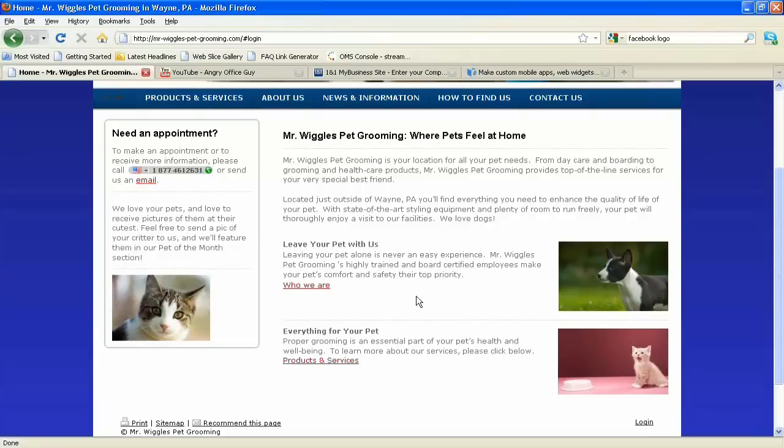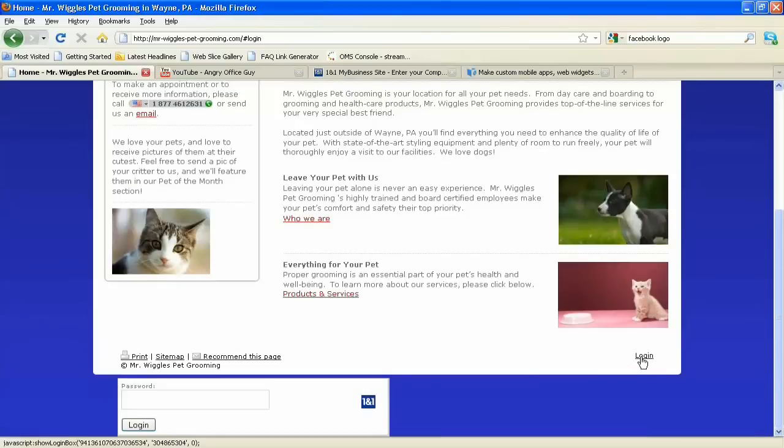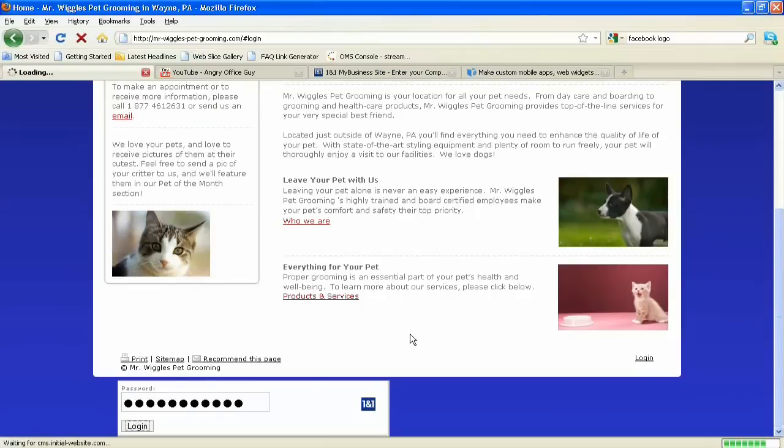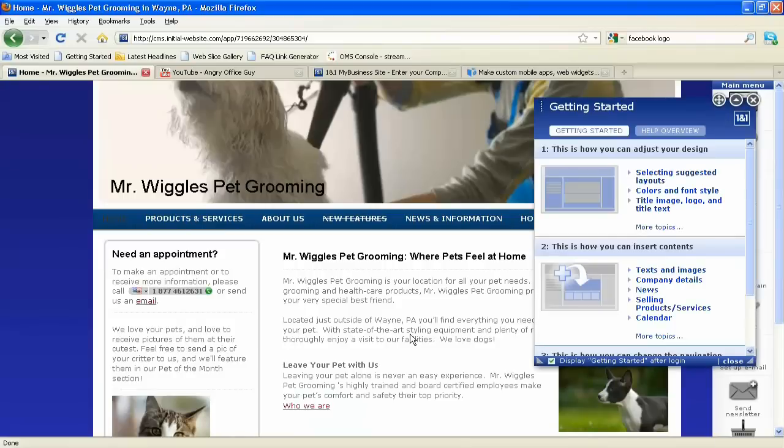Perfect. So we want to log in. We would go down and simply click on this login button, right? We're going to go ahead and put in our password. This might take a couple seconds because of the software we're using for the presentation today, but normally this is going to be pretty much instant. It should be. This is just going to set it right up. So as you can see, we've now logged in. Once we log in, I see to the right side this Getting Started section, right? Like I said before, Aaron, we want to make this as easy as it can be for everybody. So we've actually got this really nice tool